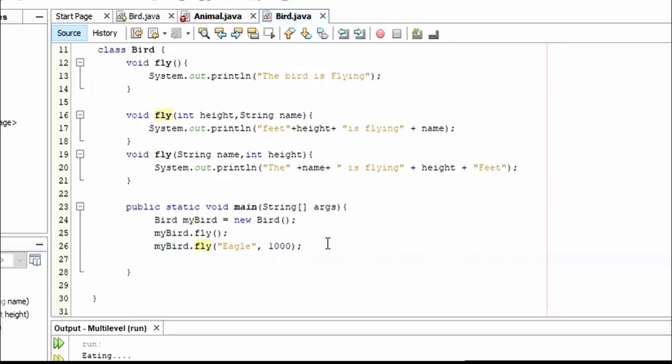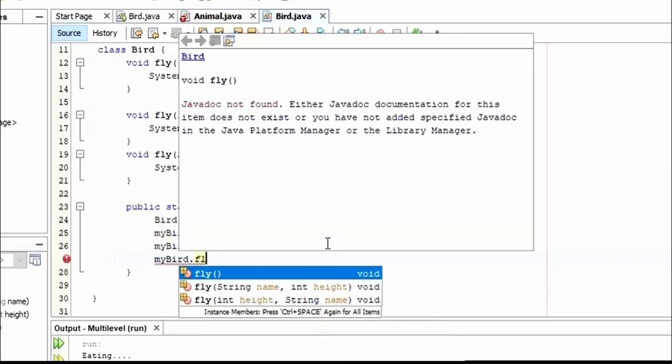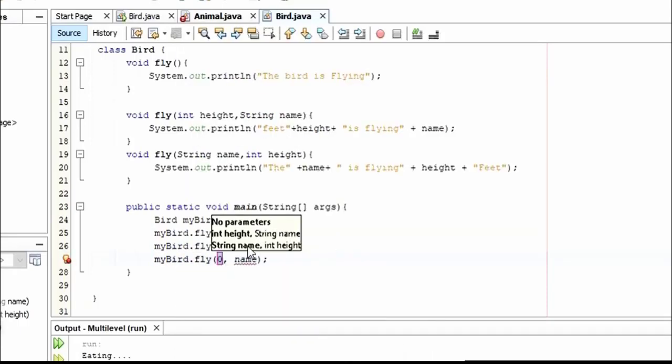So maybe let me call this one as myBird dot fly. Here first I have to pass the feet, let me say 200, and the name, a string. So here string name is a data type, it has to be in double quotes. Let me call this one dove, right? So when I save and run this one,